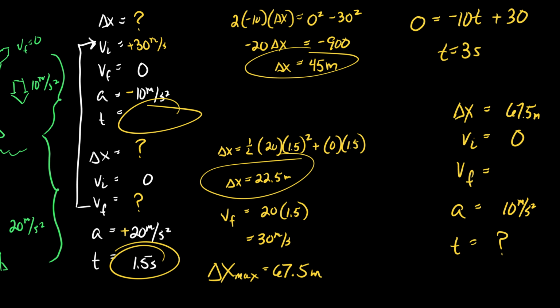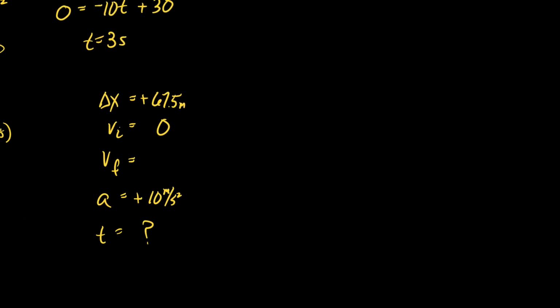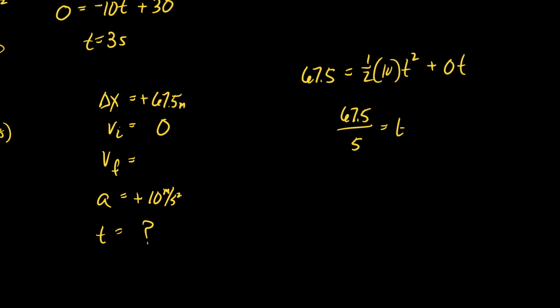I'm just going to make downwards positive for this part. That way it's all positive. I'll get the same answer, doesn't matter. So I need a relationship with those things in it. 67.5 equals 1/2 times 10 t squared plus 0 times t. So this is going to require a calculator. So I'll get 67.5 divided by 5 equals t squared. So 67.5 divided by 5, take the square root, and I find that it takes 3.67 seconds to make it